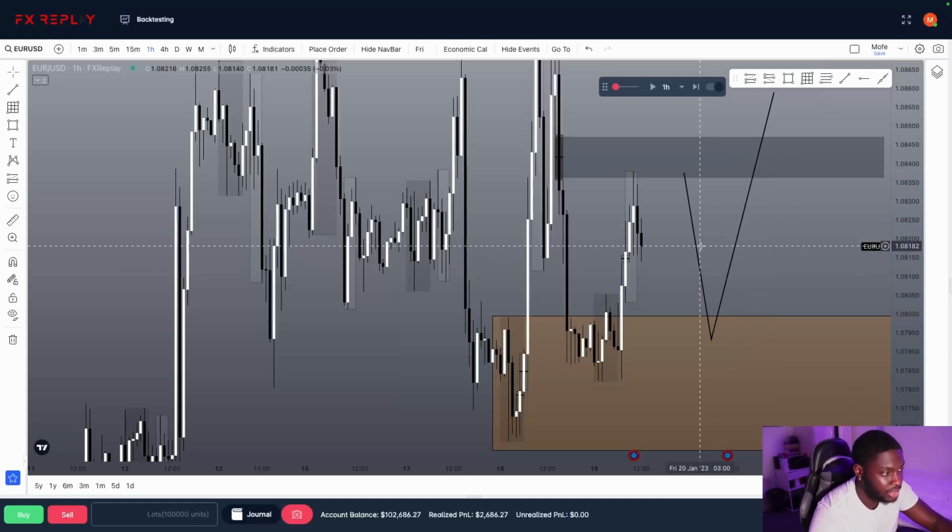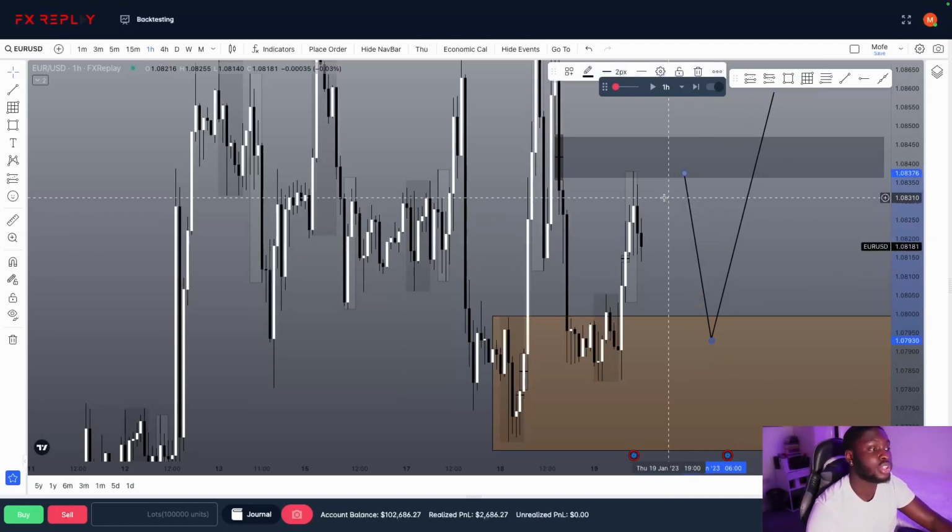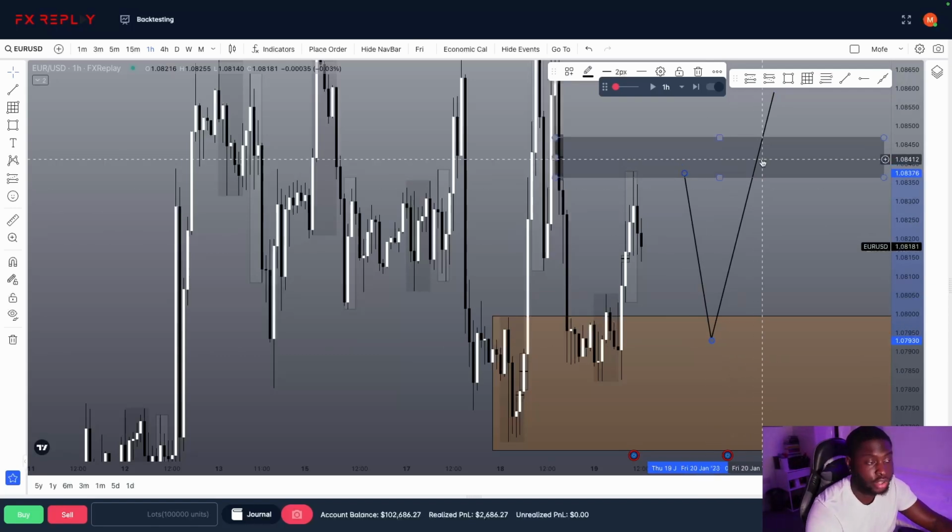So those are the two things that are coming into my mind, which means we could take a sell down to this area, then look for buys, or wait for price to get to this area and look for buys if you want to align yourself with the daily bias or the overall trend of the market, because there's no daily bias.